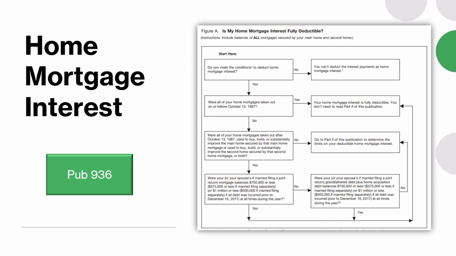And so this is something that when that's the case, you'll want to look up in publication 936. You can see that there are some flow charts involved in that publication and some worksheets to help you determine if and how much mortgage interest could be deducted on this taxpayer's